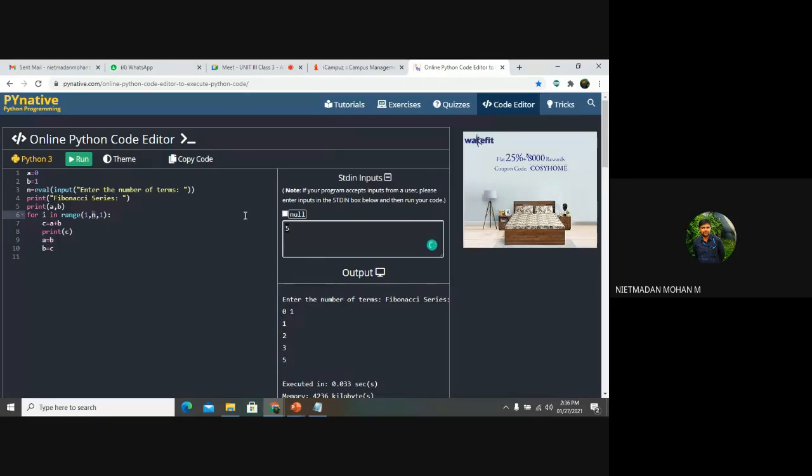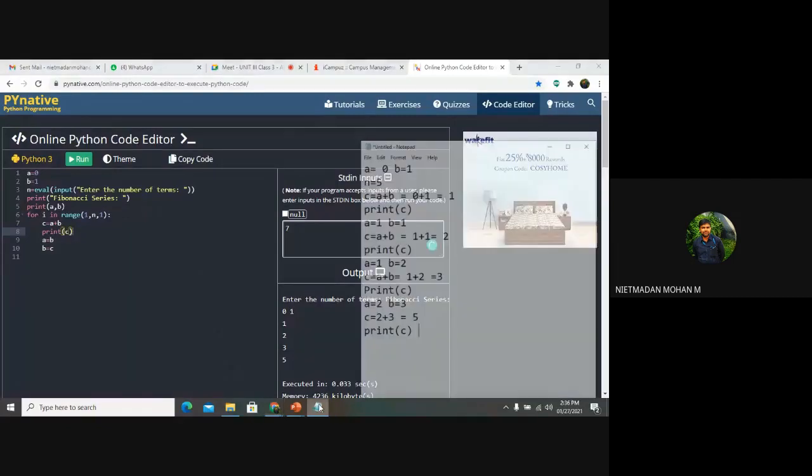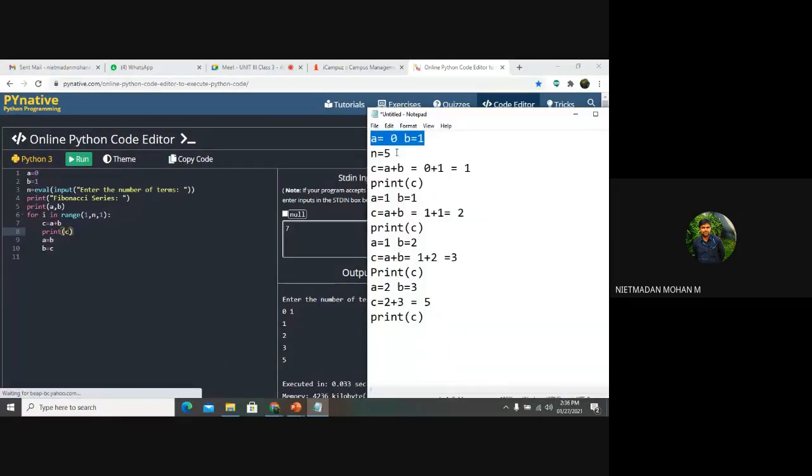So if suppose I am giving 7, sir, but the loop has only run for 4 times. Yes, it will be running for 4 times, 0 to 4. So 0 we have already initialized the value, right? Yes, sir. So if you are representing that n is equal to 5, it will be running for 4 times. That is, 0 we have already represented, that we will consider as 0. And this is the first, second, third and fourth. So the loop will be executed 4 times.